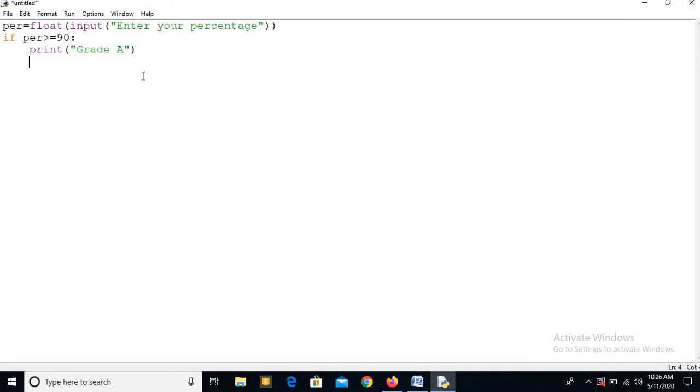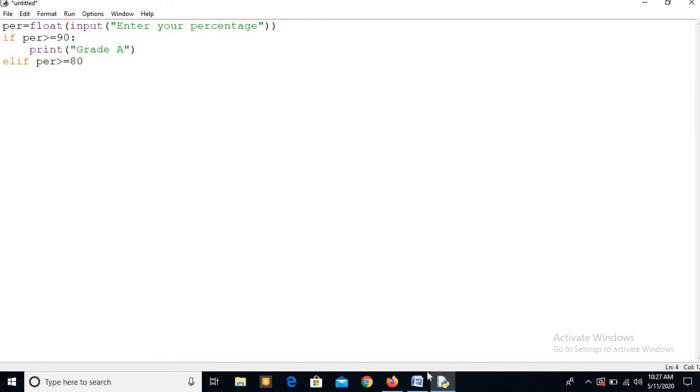Then, when you have a second condition in your program, for that you will always use elif. Okay, we have multiple conditions. The first condition always starts with if, but when we have the second condition, in the second condition we will always write elif. Make sure elif and if are in the same indent, the same position and block. So elif space percentage greater than equal to 80.